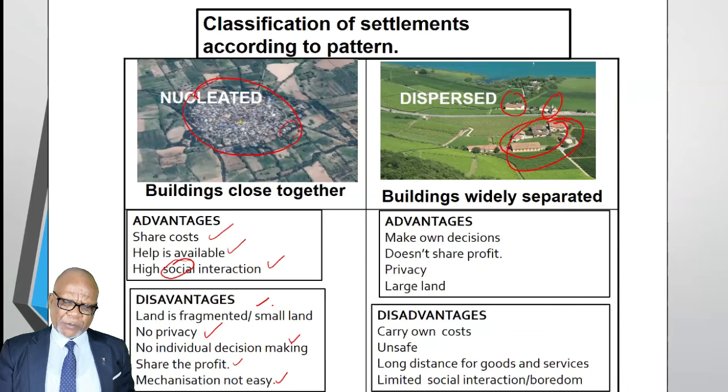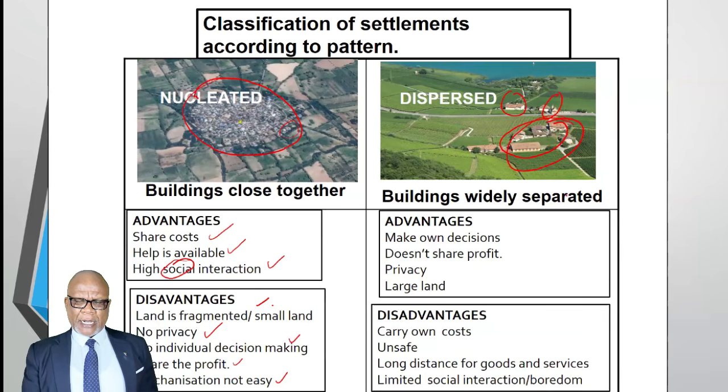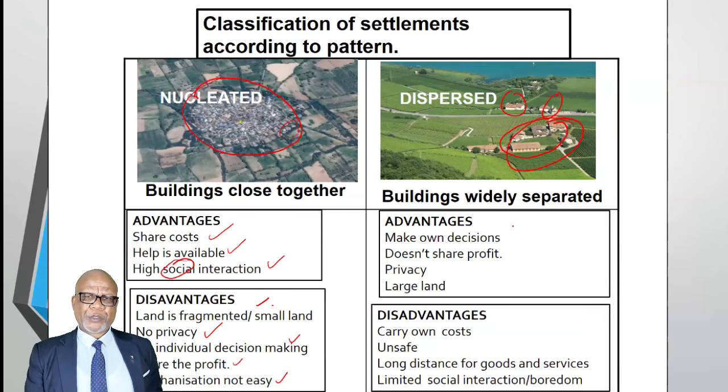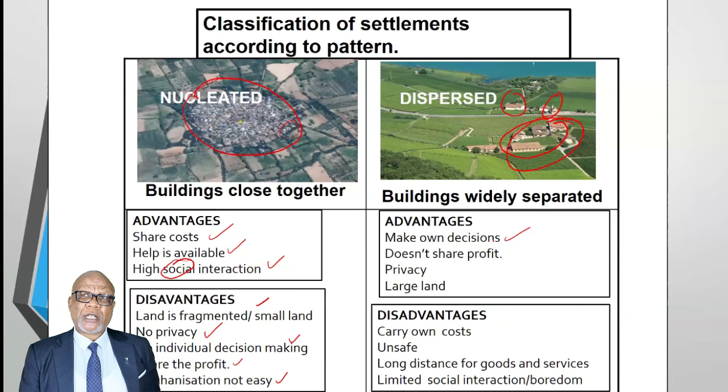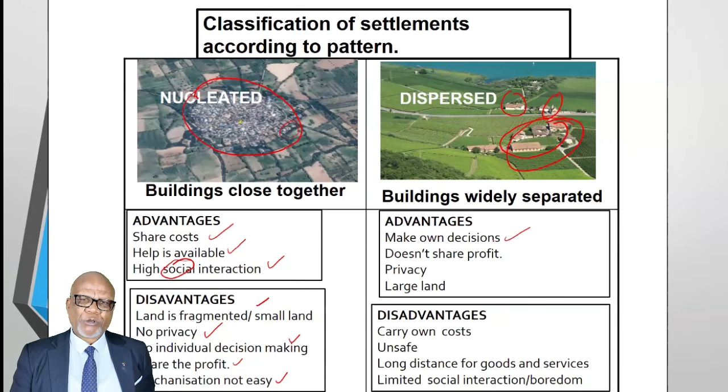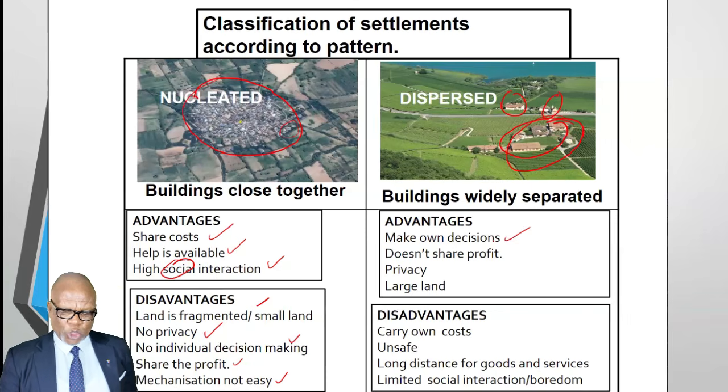Now, let's look at the dispersed pattern. What are the advantages of dispersed pattern? It means you can make own decisions. So that is social. Now, you can also add that economic to that social. And then you can make own decision and increase on your profit. So economic is found in all answers. If the answer is social or environment, you can always add something to it for it to be economic